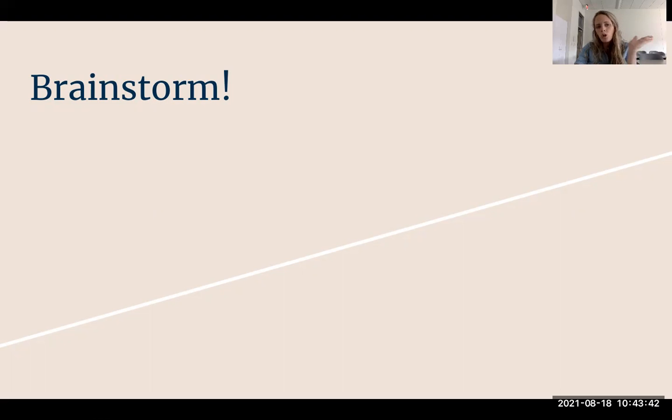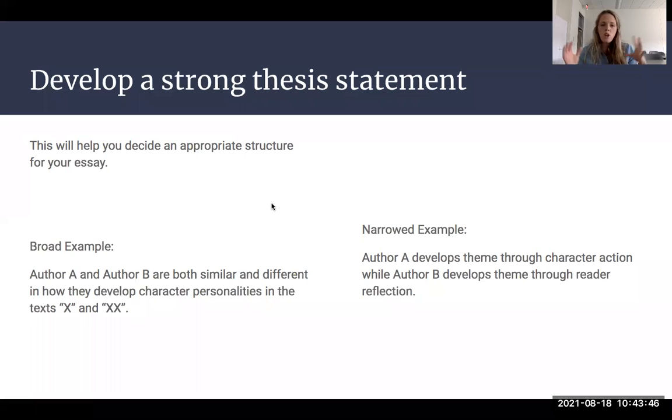Okay. So brainstorm is the biggest thing. You have to gather that evidence. Once you have it all, then you can develop a strong thesis statement. Okay. There's two ways to do this. One, you can have a more broad statement, okay, that doesn't really give answers, if you will, leaves it a little more open-ended, or you can have a really narrowed one,